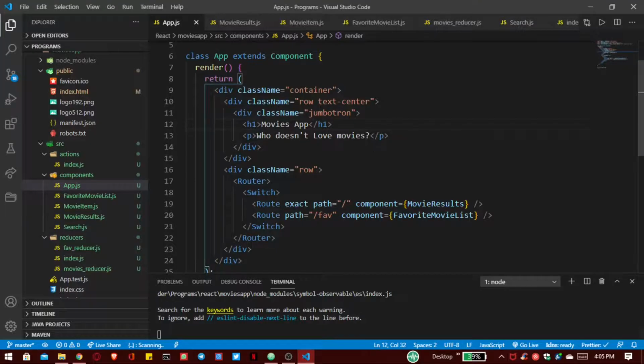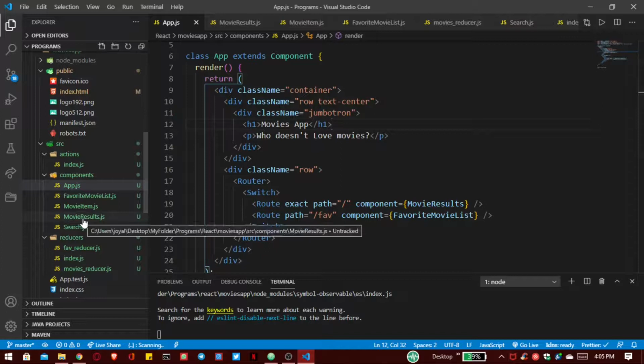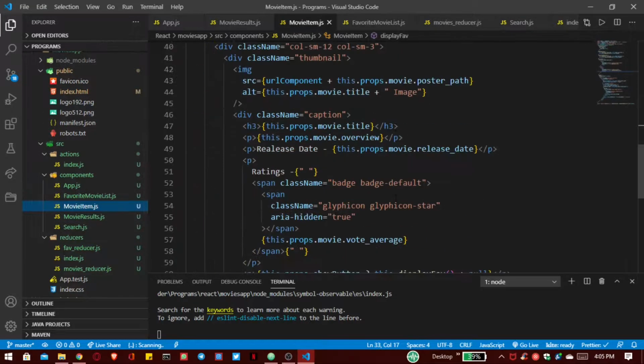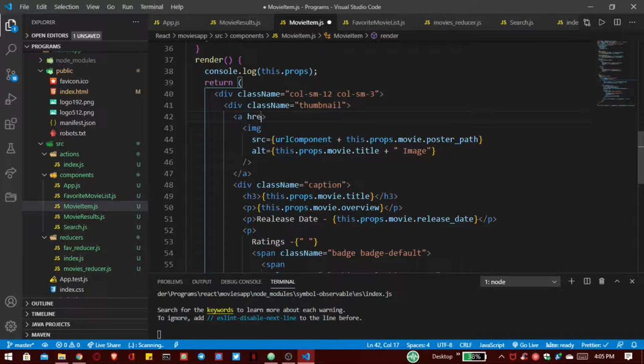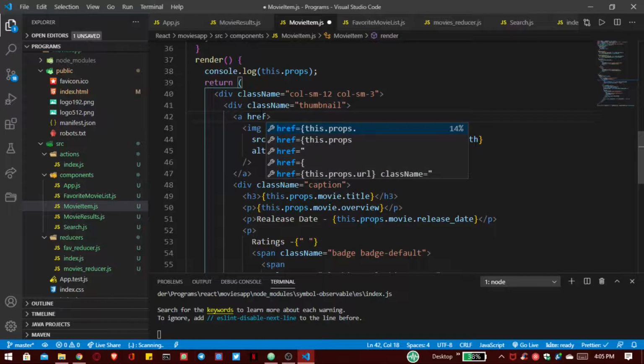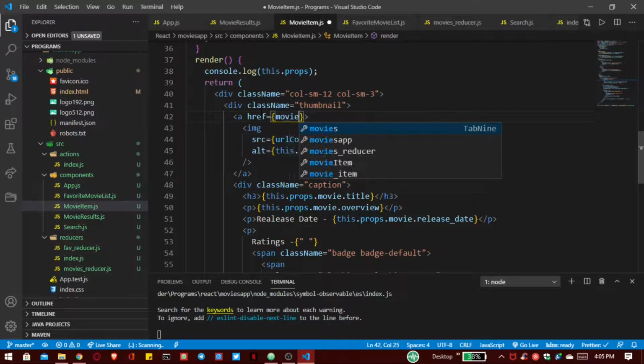So for that, go inside this movie item.js file, and before this image I want to add this anchor tag. Put this here, and inside this I want to put href, that is equal to movie URL, that is our new variable.